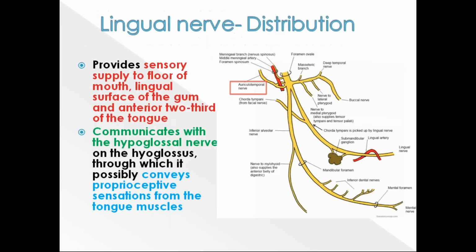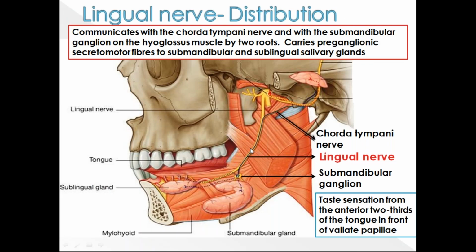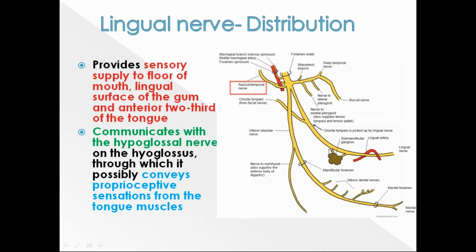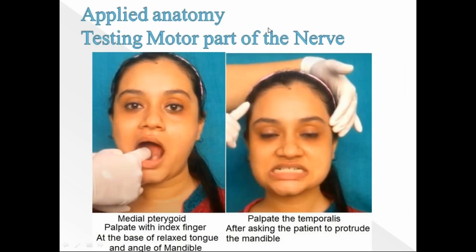Usually the lingual nerve will be commonly injured. As I said previously, it is commonly injured just below the third molar teeth. So if there is any injury to the lingual nerve at this place, there will be loss of all the sensation, even the taste sensation from the anterior two-third of the tongue. Sometimes if the lingual nerve is injured above the joining of the chorda tympani, the taste sensation will be spared. Okay, so this is about the applied aspect of the lingual nerve. Then next we'll go on to the other applied aspect.